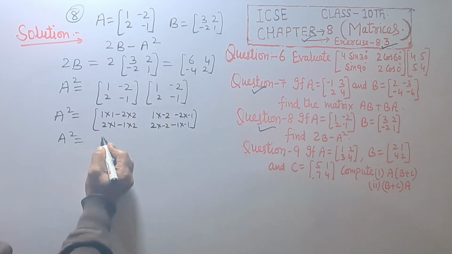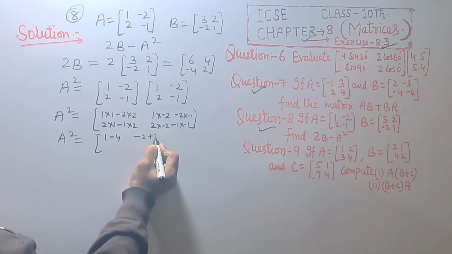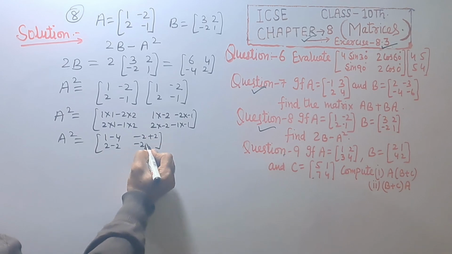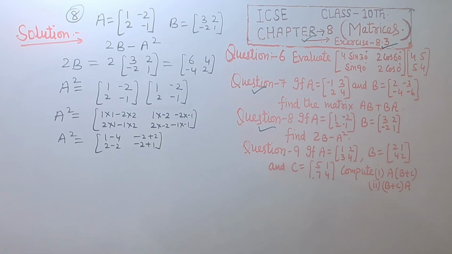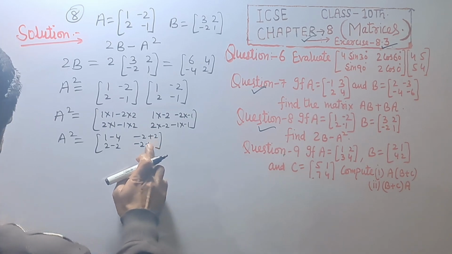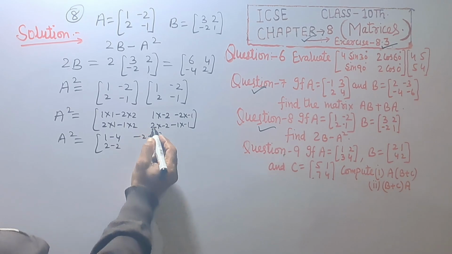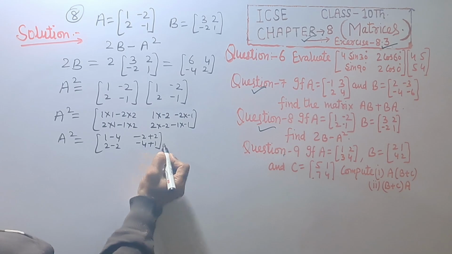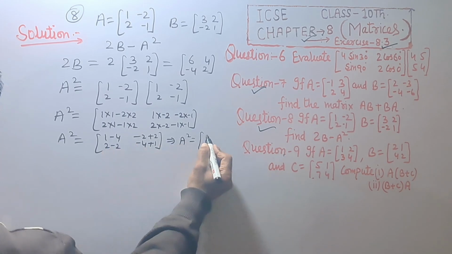So A squared is equal to 1 minus 4, minus 2 plus 2, minus minus, that will be positive, 2 minus 2, and minus 4 plus 1. So A squared is equal to minus 3,